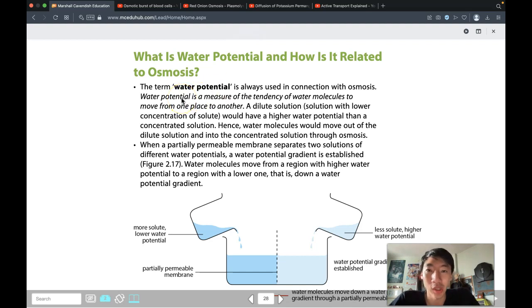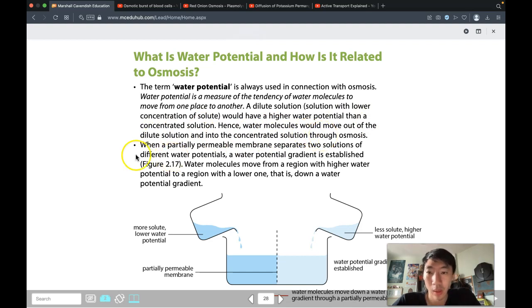So what is water potential? It's a measure of the tendency of water molecules to move from one place to another. A dilute solution will have a higher water potential than a concentrated solution. That means that the water molecules in a dilute solution are more likely to move than the water molecules in a concentrated solution. And so, water molecules will move out of the dilute solution and into the concentrated solution through